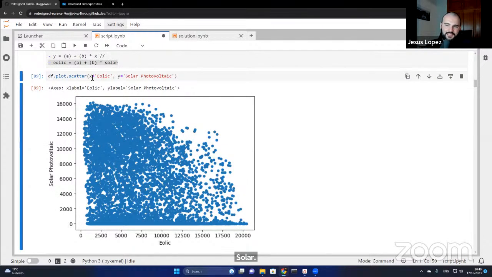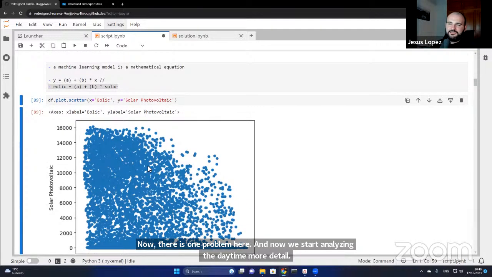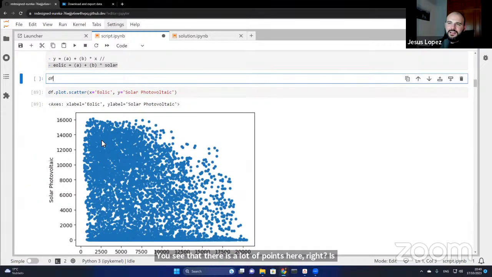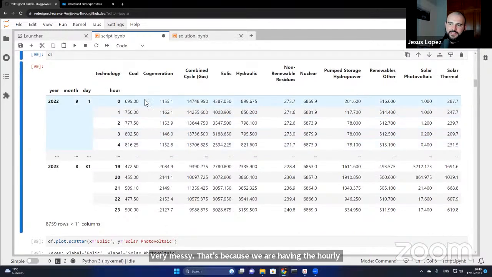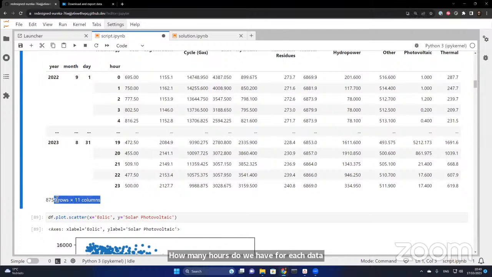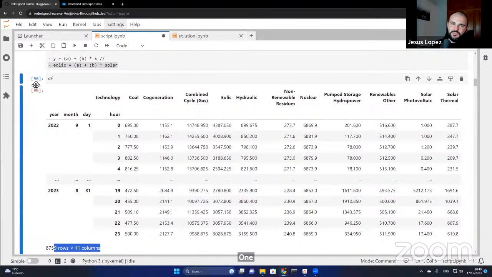Voila. Now, there is one problem here, and now we start analyzing the data in more detail. You see that there are a lot of points here, right? It's very messy. That's because we are having the hourly information. How many hours do we have for each day? Almost 24 hours. So about 9,000 points. In this case, we should aggregate the information by